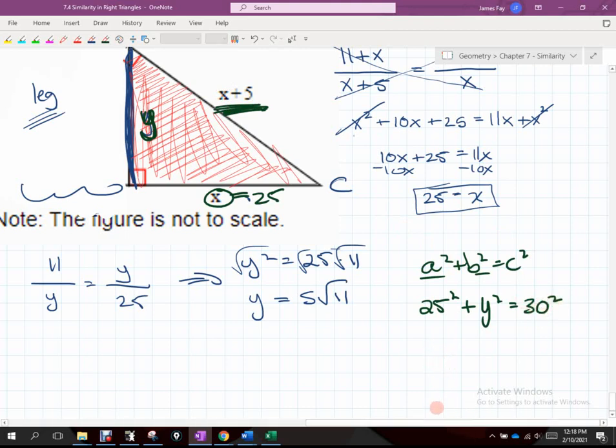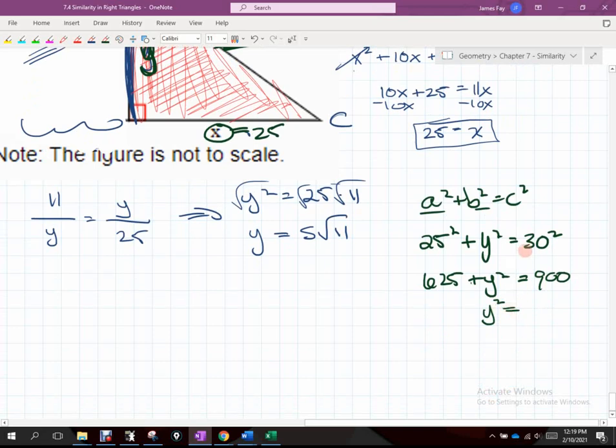So 25 times 25. Anybody know what 25 times 25 is? 625. Plus y squared equals, what's 30 times 30? 900. So now I get y squared equals 900 minus 625. What's 900 minus 625? It is 275. Let's think, if I square root this,